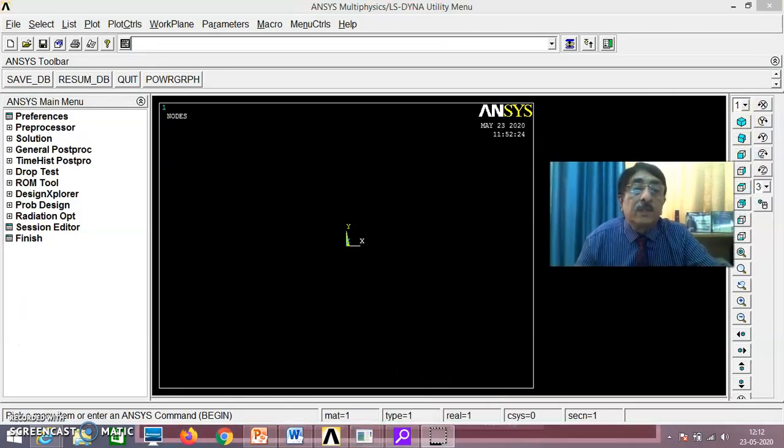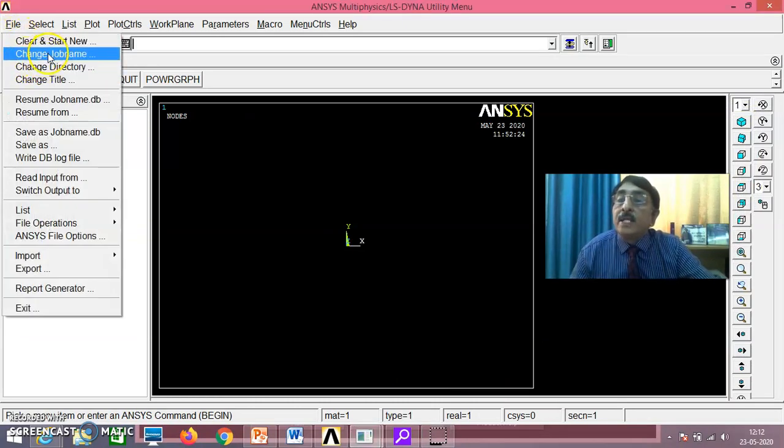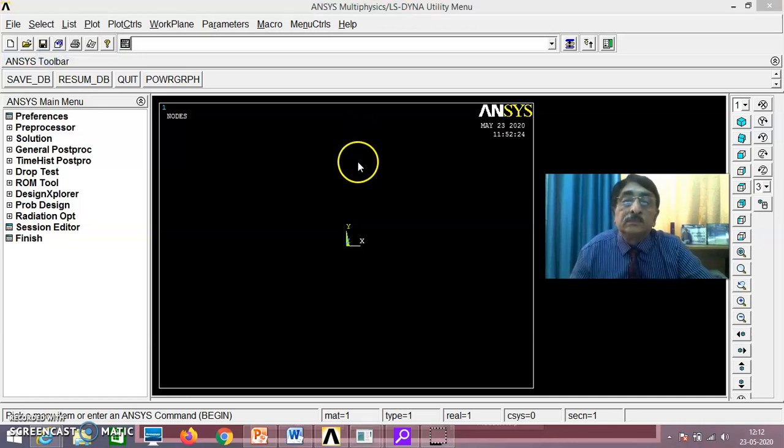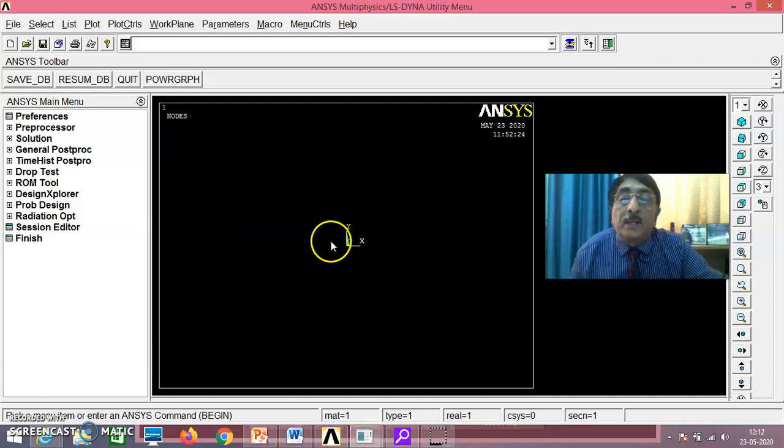Now you see, as usual, first thing, File, Change Job Name. Create a new log file. Yes, this is okay. That means for this problem we'll write one exclusive log file.